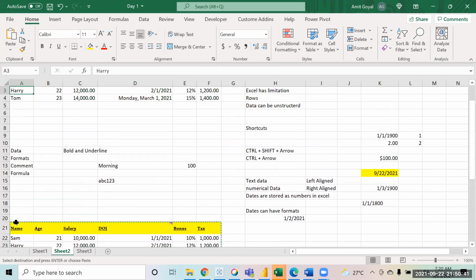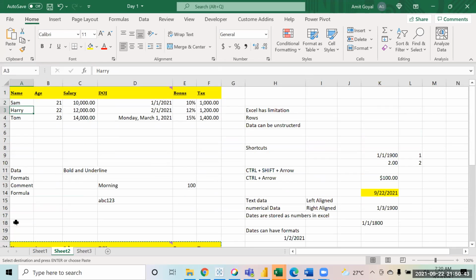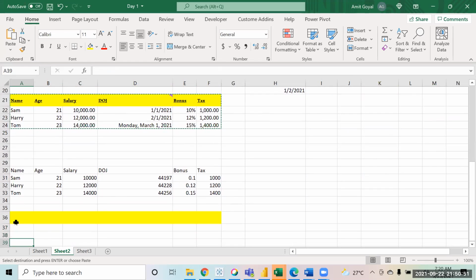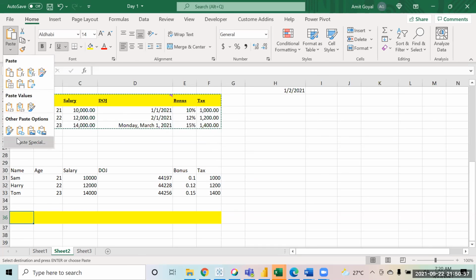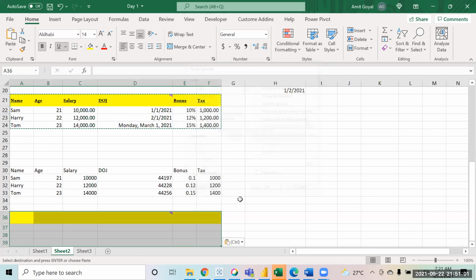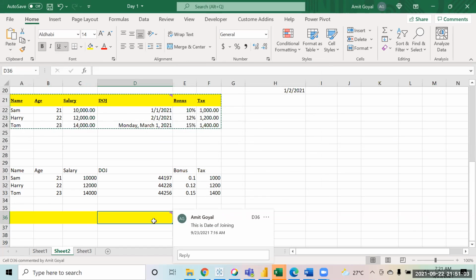Only formatting is copied, the color schemes and everything, but data hasn't come up. So you can be selective about what you want to paste. For example, in the same range, I say paste special, and this time I say comments. See, the comment has come up.